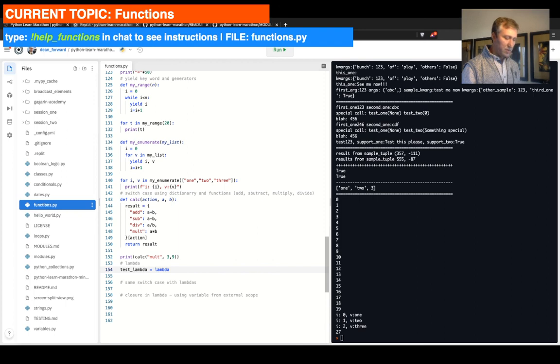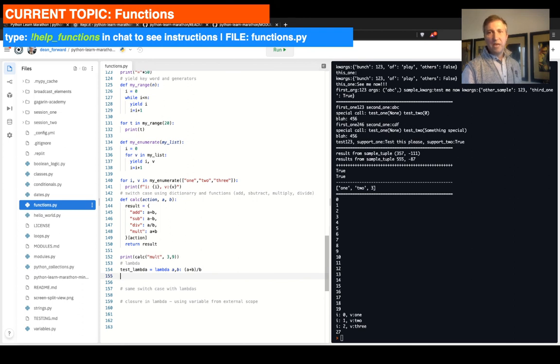So we're gonna say, like, if you just want one parameter, you just leave it like that, and then you do colon. If you want multiple parameters, you comma separate them. And so we do, let's do a plus b divided by b. So as you probably have seen with a variety of languages, you really don't type any return statements or anything. All you do is you just put an expression for this system to evaluate,